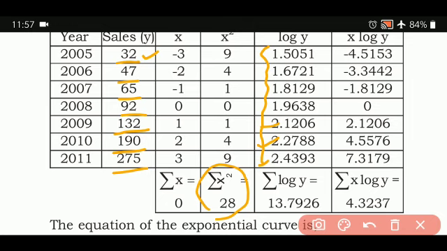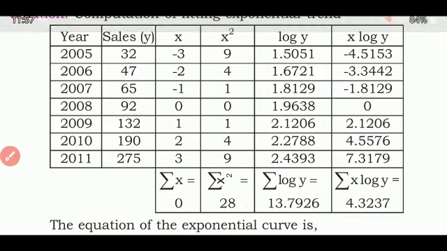And in the log table, you are going to open the logarithm, go to 32, 0 column you are going to see, and that mantissa I am going to write here, and that is what is written here, 0.5051. Similarly for 47, 65, 92 you will be writing. 132, how do you see? Logarithm 13, the straight values, second column, you will be seeing that 13, second place, the value will be 0.1206. 190 means 19, 0 column. 275 means 27, 5th column. You should remember this now that I have explained it to you all.